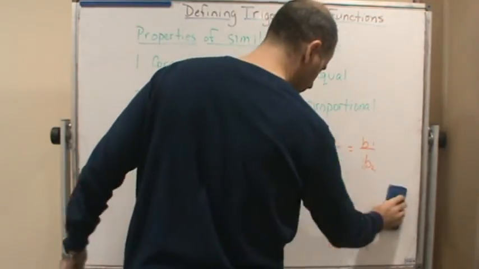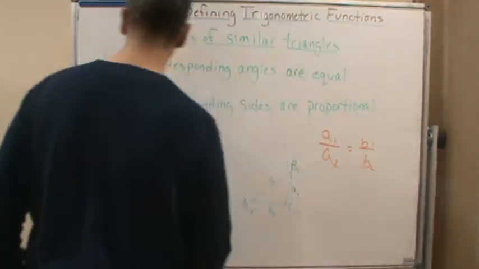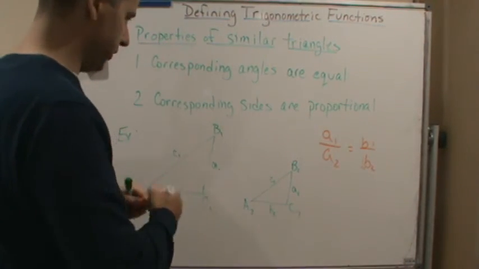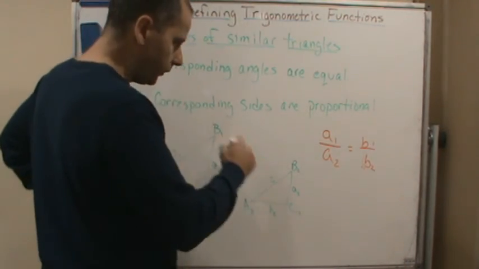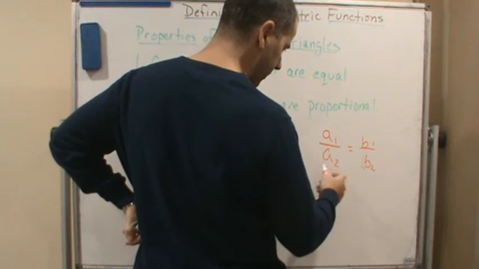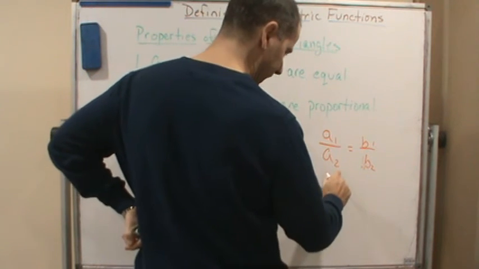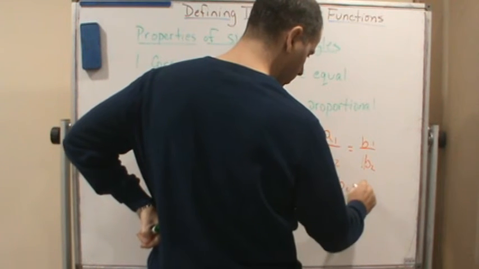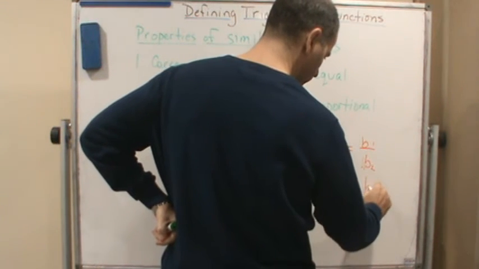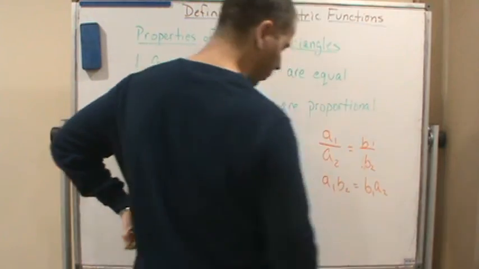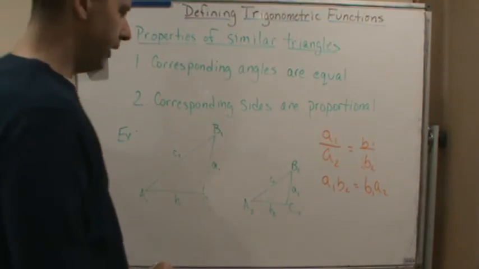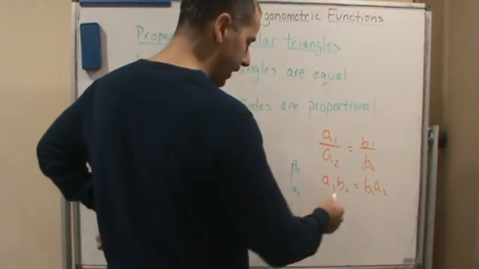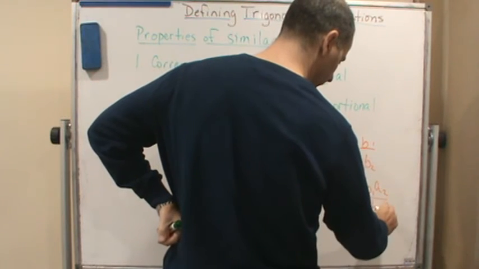So we can write them this way, right? And now an equivalent way of writing these proportions is by first doing cross multiplication, right? We know that if this is the same, then a1 times b2 is equal to b1 times a2, right? And then if I divide both sides by b1,